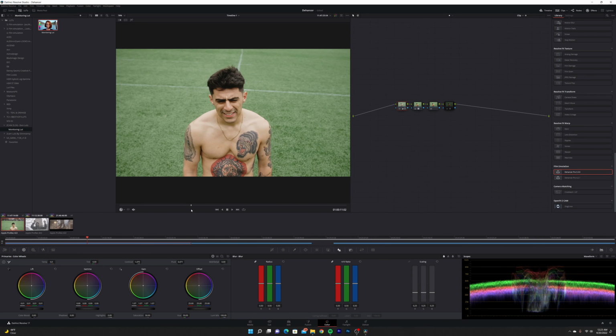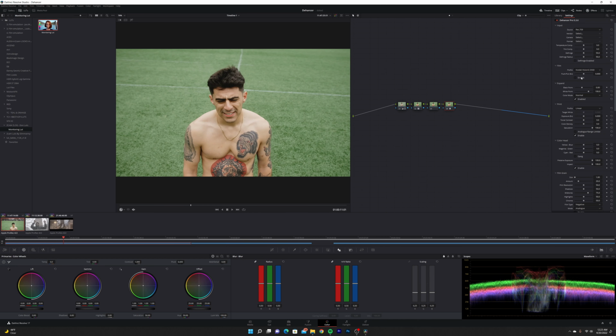Look at that. But now let's take it to the next step, whereby we bring in Dehancer and enable the film look. Boom. Look at that. It's already looking great. It's already looking good. So now we have the temperature and tint slider. We have the